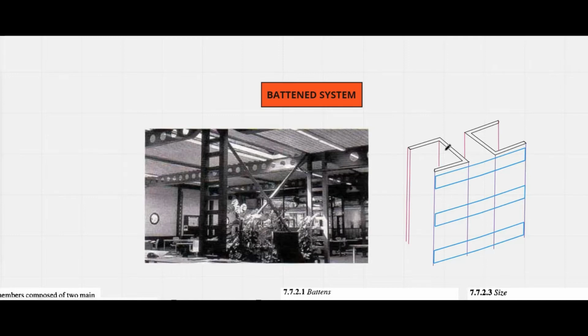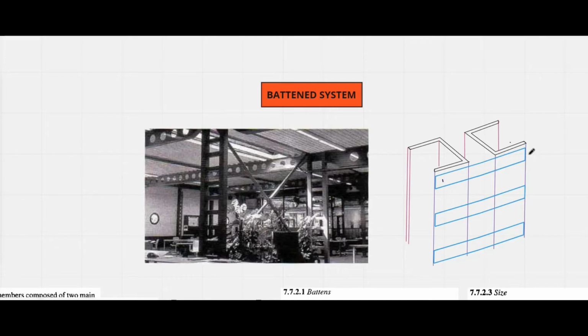So the built-up column is totally battened by providing the plates. There are end battens and intermediate battens. Now, a column consisting of two longitudinal members are rigidly connected by battens in case of batten system, which can be shown in the diagram. The failures in batten systems are same as we have discussed earlier.